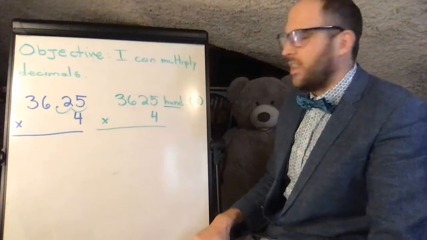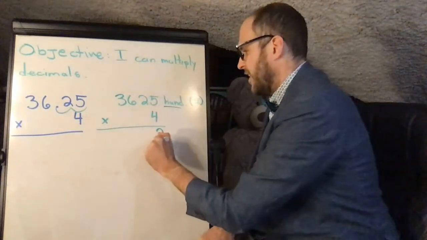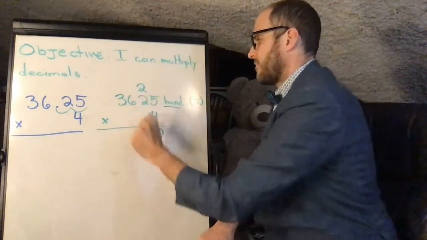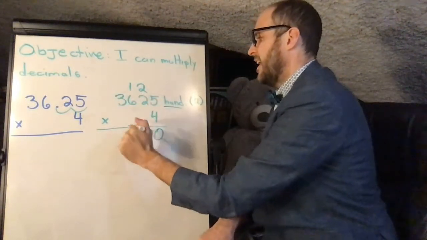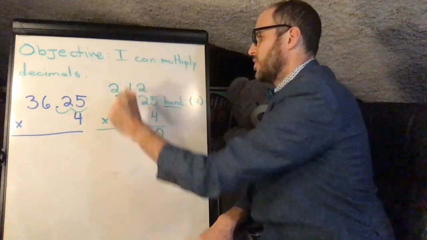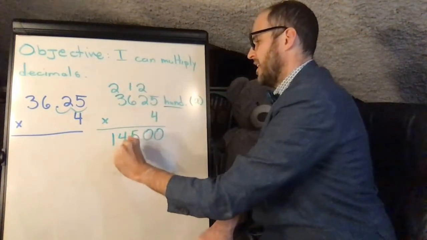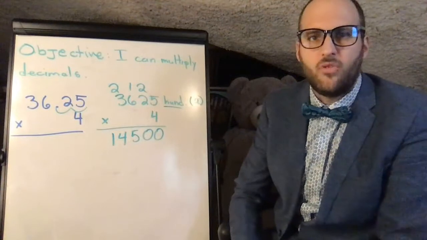Now you just multiply like you normally would. So 5 times 4 is 20. 8 plus 2 is 10. 24 plus 1 is 25. And the 2, 12 plus 2 is 14. So you would multiply just like you normally would. Now you have